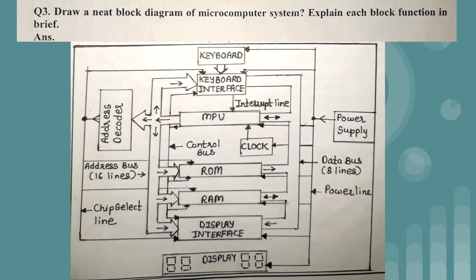To the microprocessor unit, one clock is connected. After that we are having ROM and RAM, meaning memories. After that the display interface is present. After that we are having the 7 segment display. 7 segment display means just see the 8 numbers in the display rectangle. There are total 7 lines with the help of which we can display specific characters and numbers. So 7 lines are used to display a character or number as an output. This is the reason why this device is called a 7 segment display.